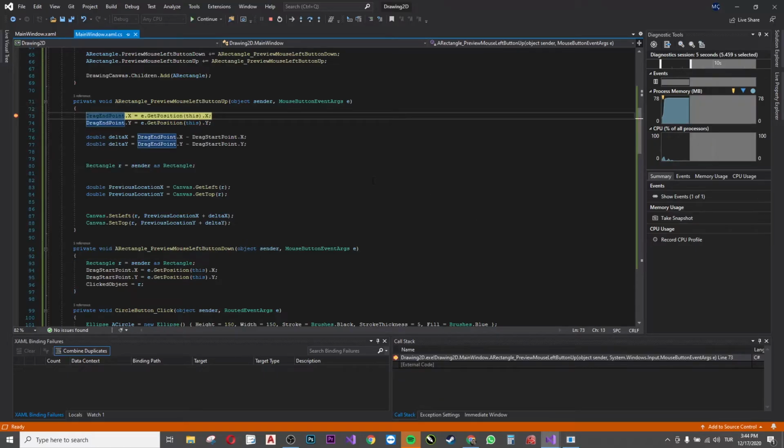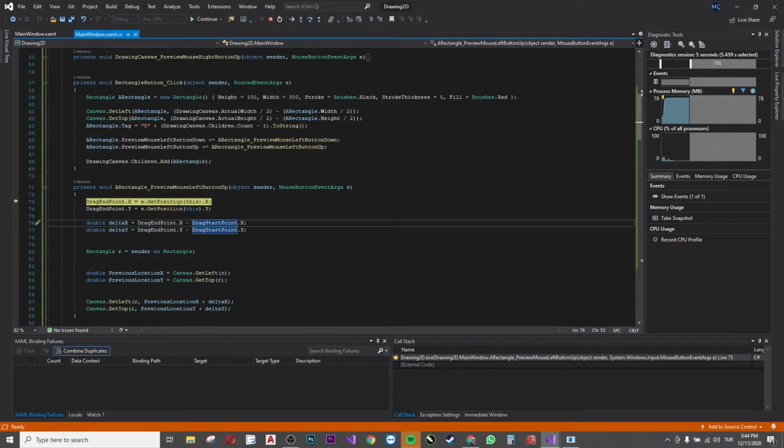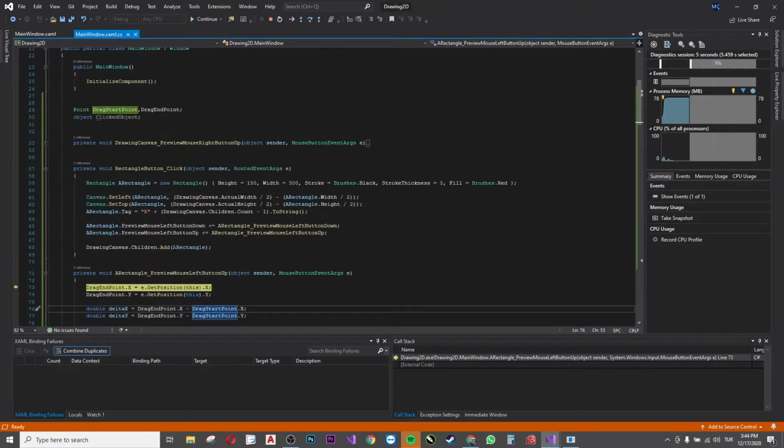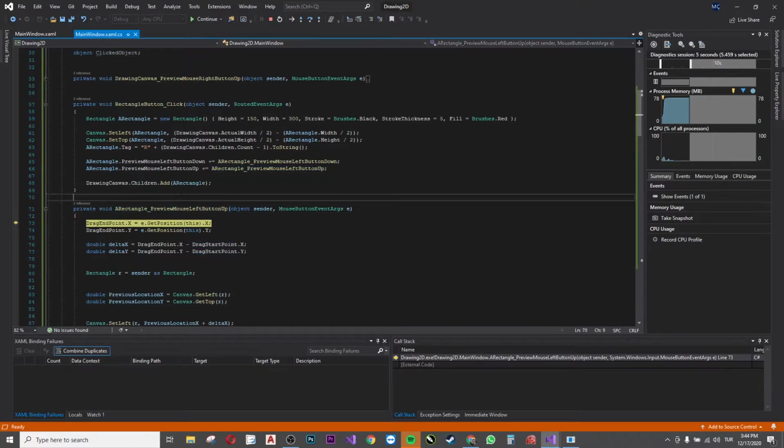Okay, the problem is the event is not working because this preview mouse left button up requires me to lift the mouse button inside the object. So this is not good for me. This doesn't suit my needs because I need to move the object outside the object limits. I can move it anywhere I want in the canvas, so this is not the correct use of this. So we need to, instead of this,